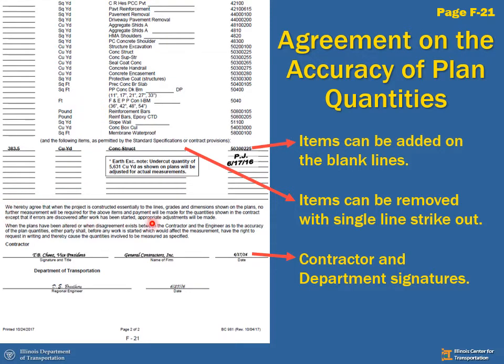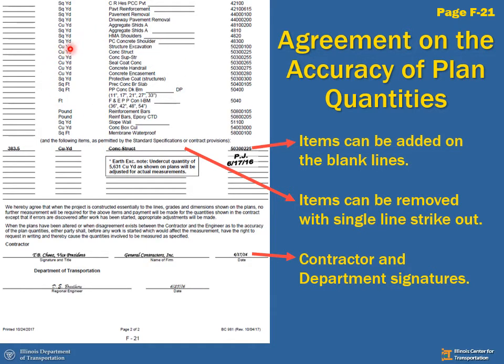Here is the agreement prior to starting the work between the district and the contractor that says, hey, we agree that the existing conditions are accurate, the planned quantity is accurate, and we're going to go out and build it according to plan. We sign it, and there we go. We're ready to go. Please note, there are blank lines here at the end,